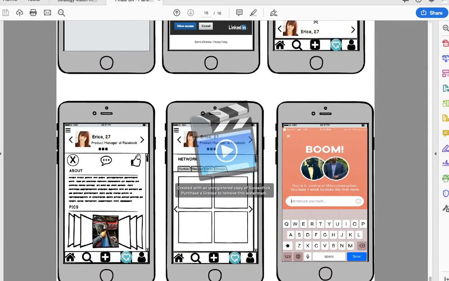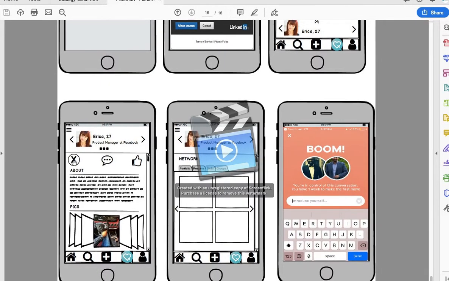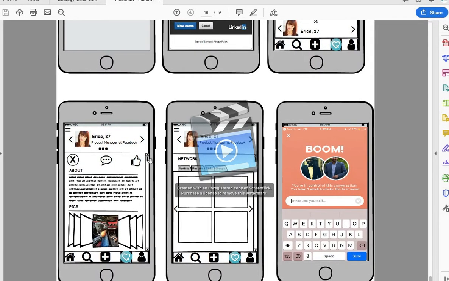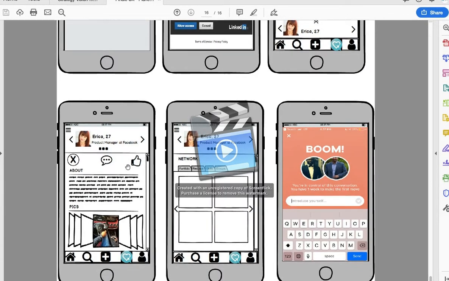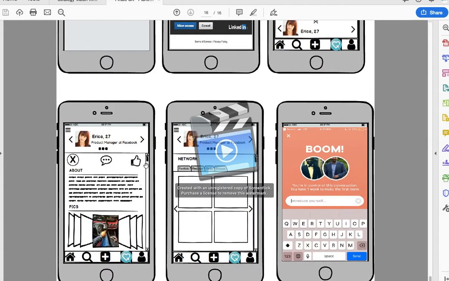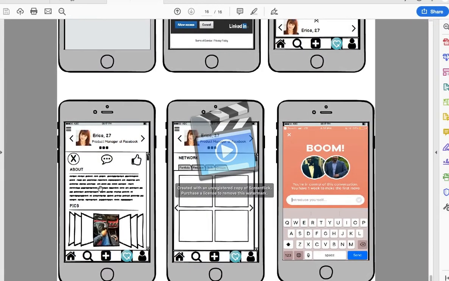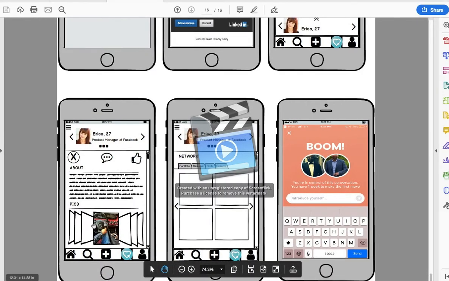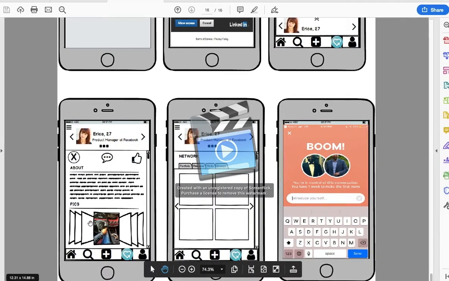You can see that this has a like button, a thumbs up button, and this one has an X. So for networking it's a thumbs up, for travel buddy it's the travel globe, and for dating you see the heart. But then it's the same, either cover flow or tile for the pictures.